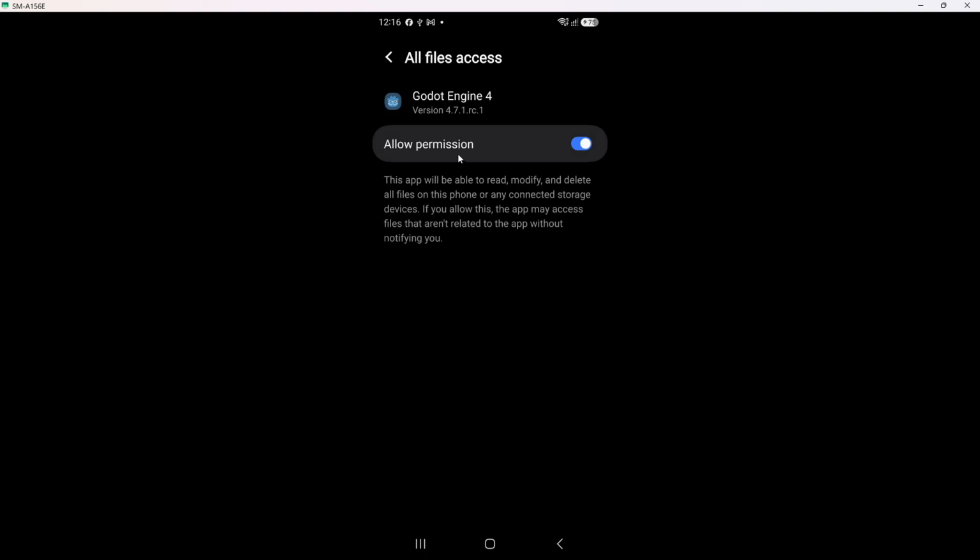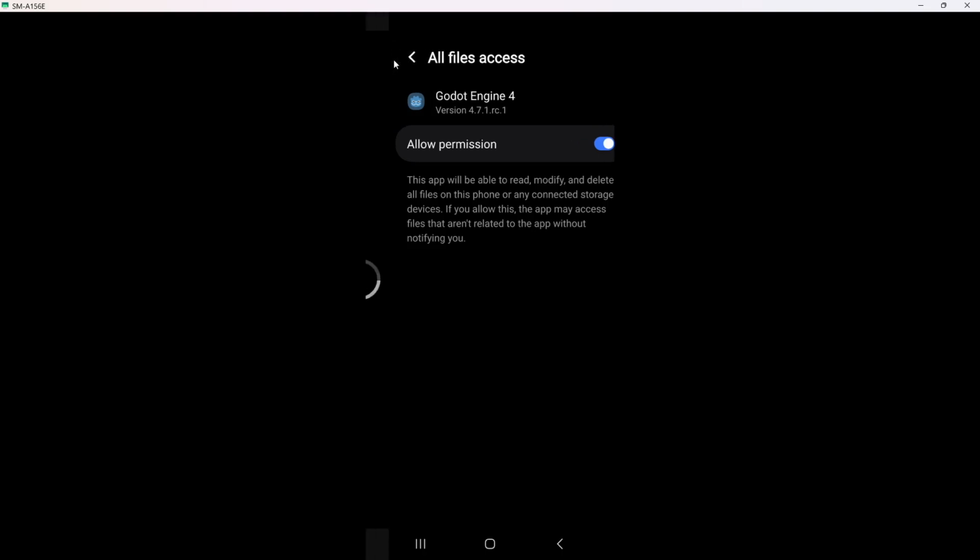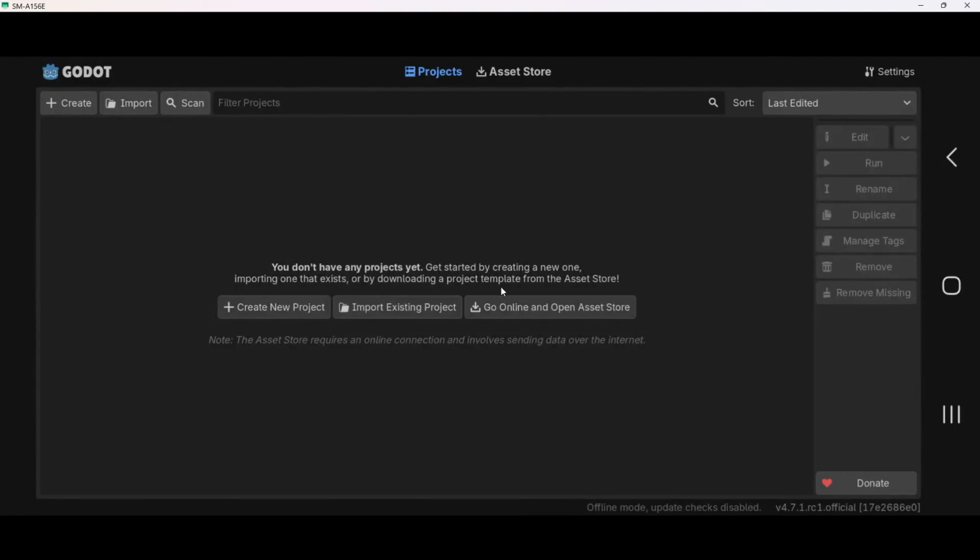At this point, grant any requested permissions. The app may ask for access to files or storage on your device. Allowing these permissions is important because it enables the app to function correctly. You will see prompts asking for permission, and you can easily manage these settings based on your preferences. This step ensures that Godot Engine has the necessary access to create and save your project seamlessly.